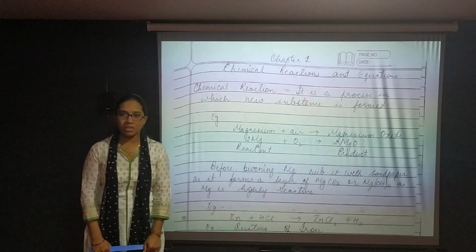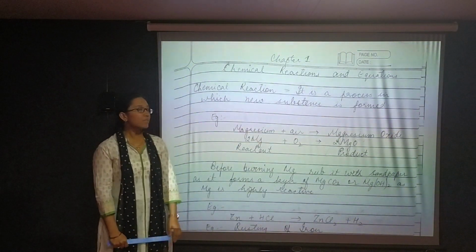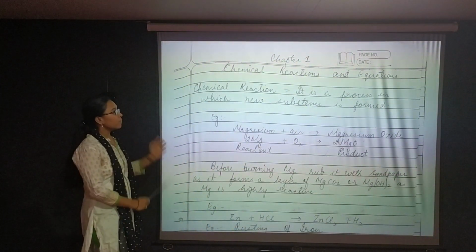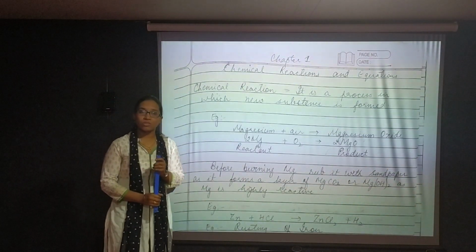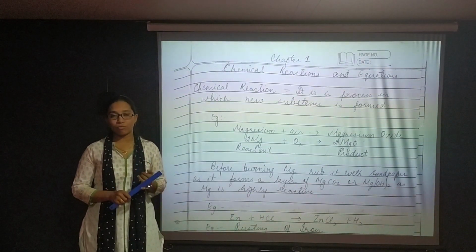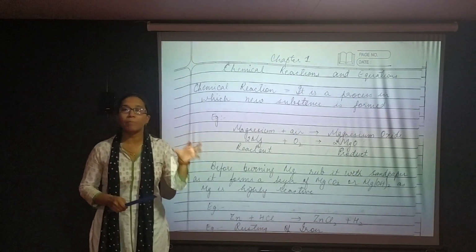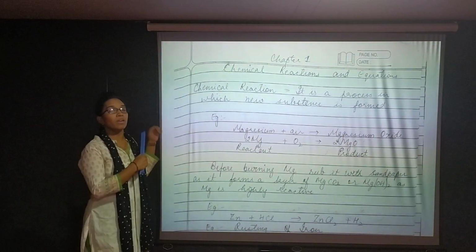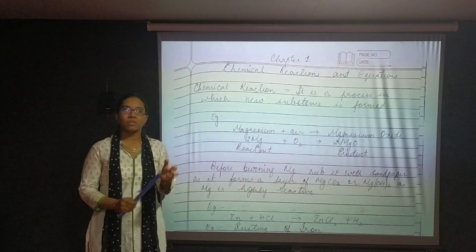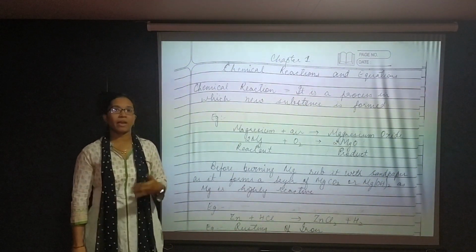Starting with 10th standard syllabus, and I'm going to start with chapter number 1 of science, that is chemical reactions and equations. Before starting this chapter, you have to first refer to standard 9, chapter number 3 and 4. Unless and until you revise what is atom, what is molecule, what are the compound, mixture, everything, you cannot go in detail with this chapter. So before watching this video, just go through your previous chapter, grade 9, chapter number 3 and 4.